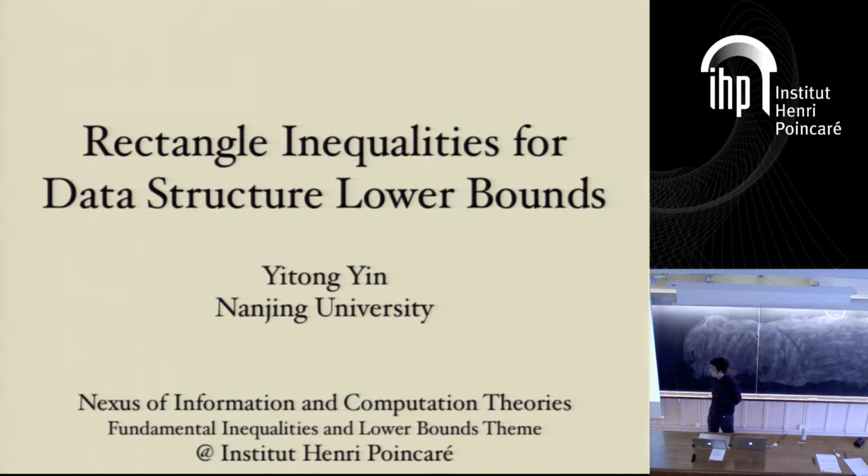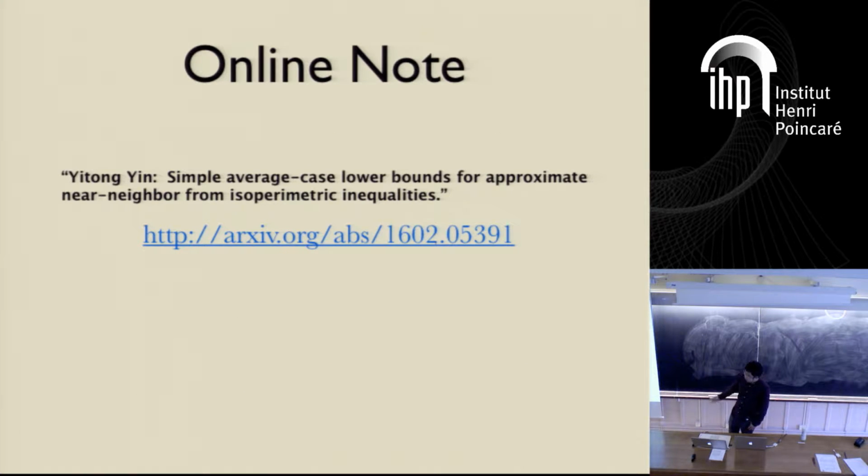So this is my talk. It's about rectangle inequalities for data structure lower bounds. And by rectangle inequalities, I mean the richness lemma, not just the classic one. I also will prove a new richness lemma in this talk. And by data structure lower bounds, I mean lower bounds for one particular data structure problem, the nearest neighbor